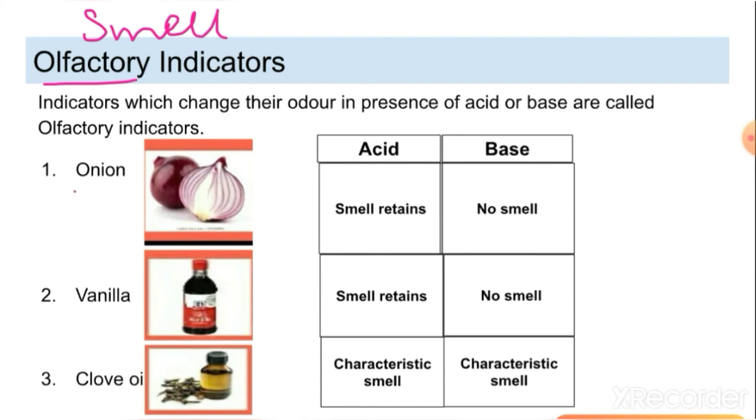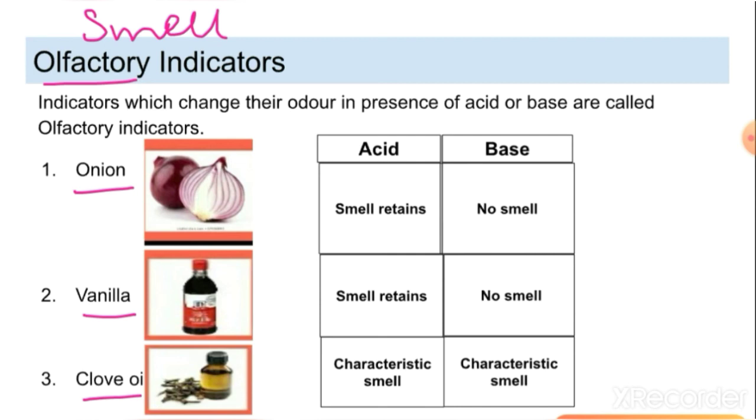So we know that onion has a very peculiar smell. Vanilla essence we have at homes, and clove oil. Clove oil is also having a very peculiar smell. By the smell only we could detect that this is clove oil. Now if we make an onion paste and apply it on a paper and keep that paper resting for a few hours, and then we refrigerate that paper overnight, we take out that paper in the morning and keep it for 5-10 minutes outside, then we use that paper for checking out the acid and base.